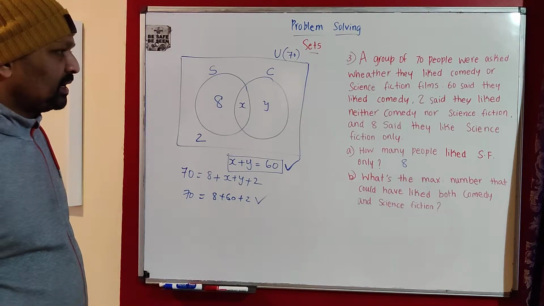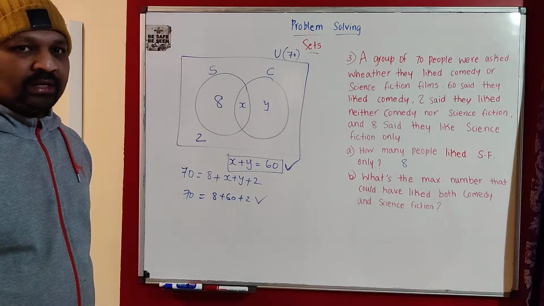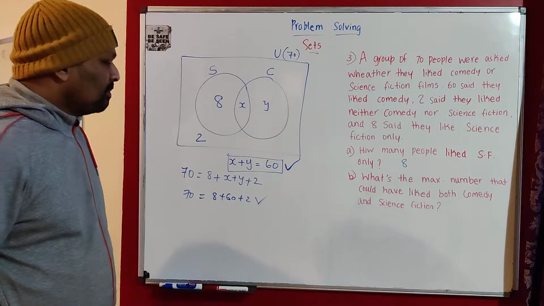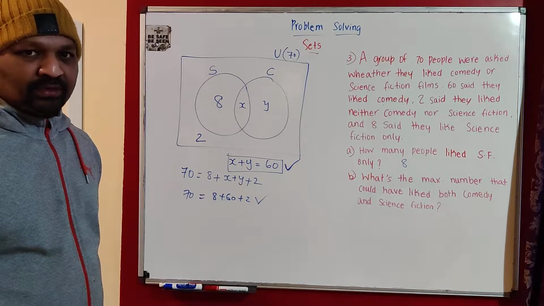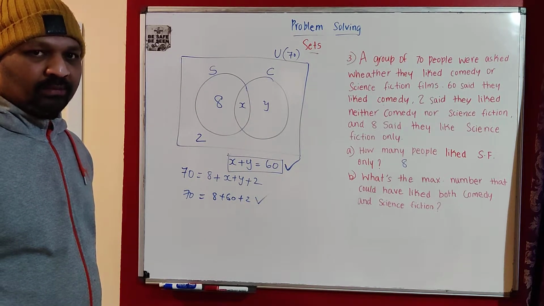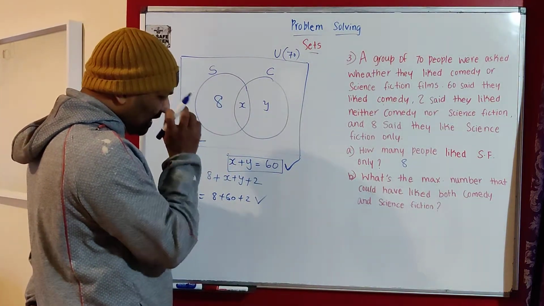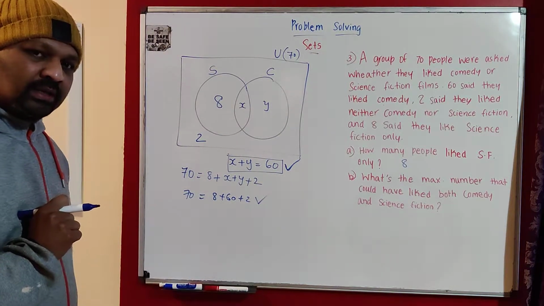You don't need to take any negative numbers, because here we are only considering the number of students. Don't go that deep into the problem. But x plus y is equal to 60, and you also don't take decimal numbers, because the number of students is always a whole number. So x plus y is equal to 60. What is the maximum value of x?